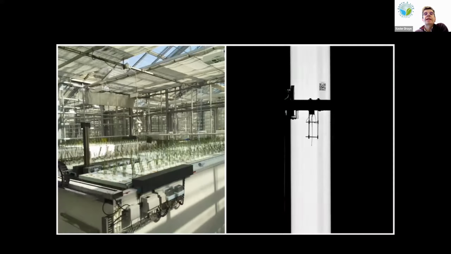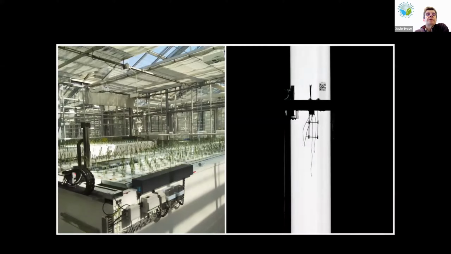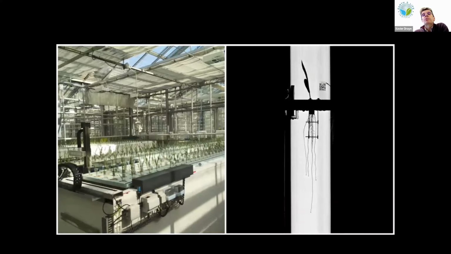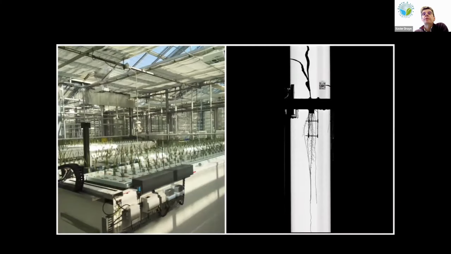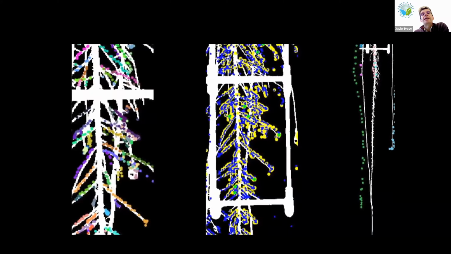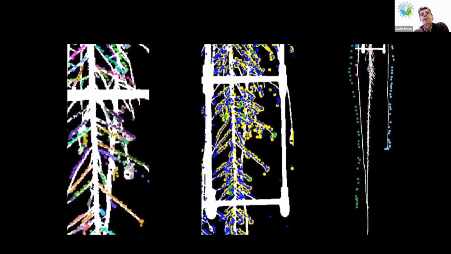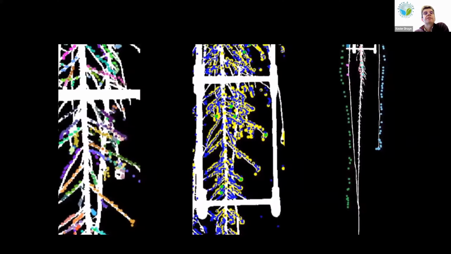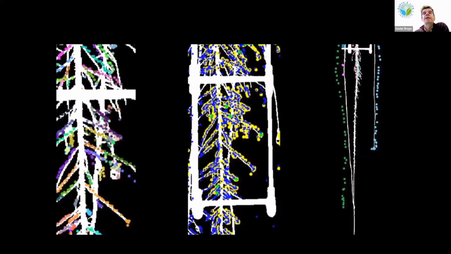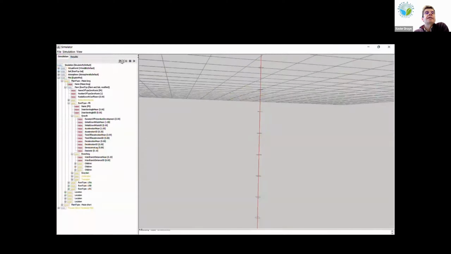So the platform is now in action. Every plant will be imaged every 2 hours. This will lead to a large number of images that has to be analyzed, and we designed a strategy based on tip detection. You see each color point here is a tip that was detected, and they are overlaid on the final image. And by analyzing the tips as populations, we are able to estimate parameters describing growth, branching, angles,